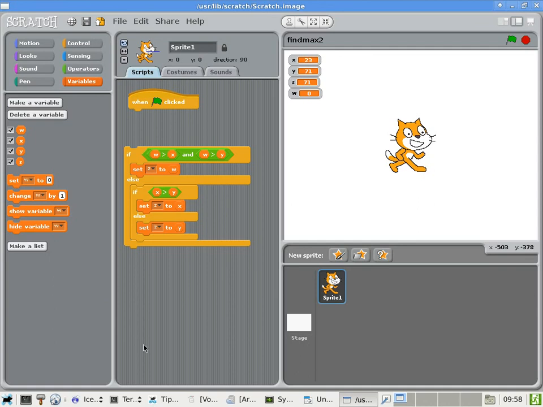Does everybody see why the inner conditional statement can use a simplified comparison? Is that okay? Okay. So technically speaking, this should work, right? I mean, it should find the maximum